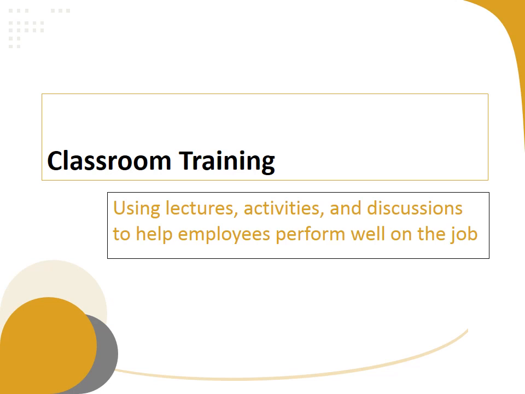So once you have set your goals and your objectives and you've figured out how you think employees will be best motivated, the next step in developing a training program is to choose the training method that will best accomplish those goals and objectives. Now, I'm going to start with classroom training, but it's important that you understand that because most training programs have multiple goals and objectives, the best training programs often use a variety of methods so employees will understand the reasons for doing a task, how it should be done, and in what situations it should be done.